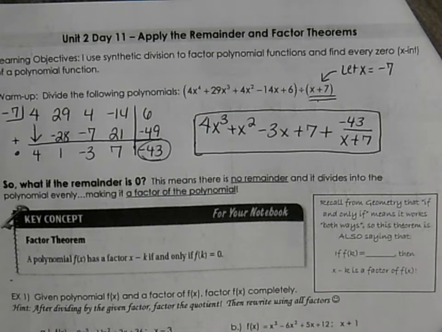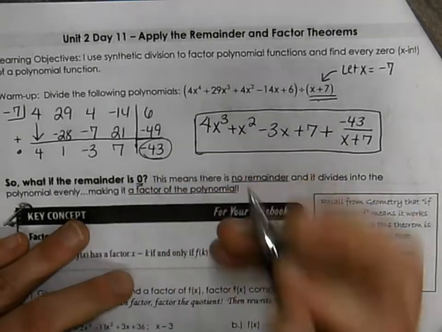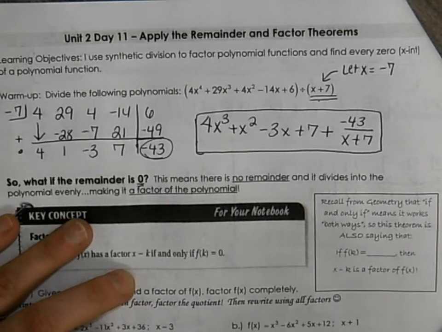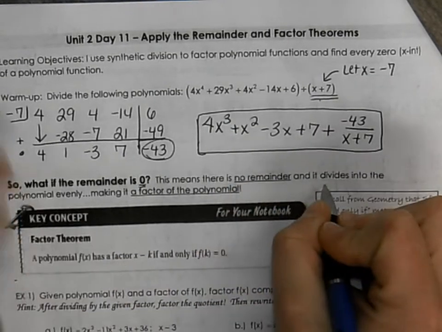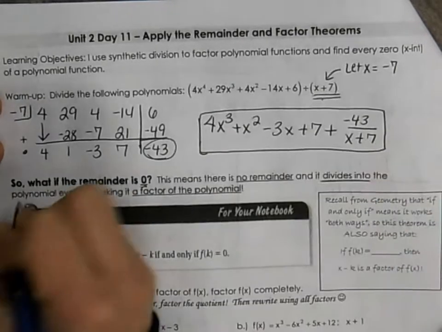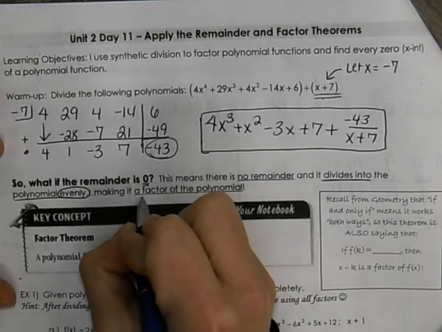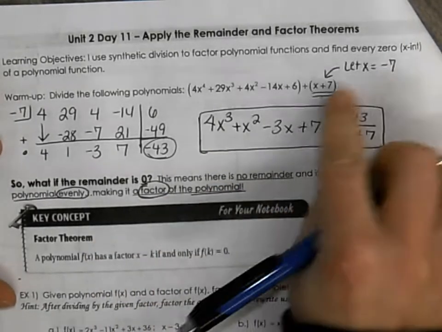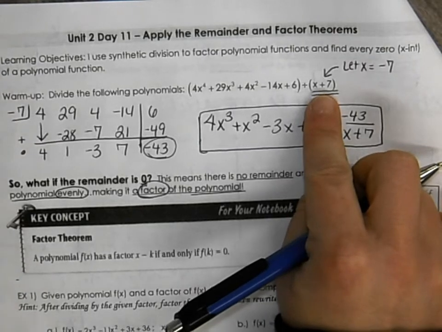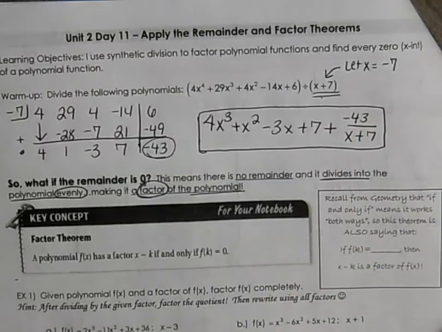So in this problem, we had a remainder of -43. So what if the remainder is the number 0? What does that actually mean? This means that if there is no remainder, it divides into that polynomial evenly. And it is actually a factor of the polynomial. So whatever that binomial is, that's actually going to be a factor of it,